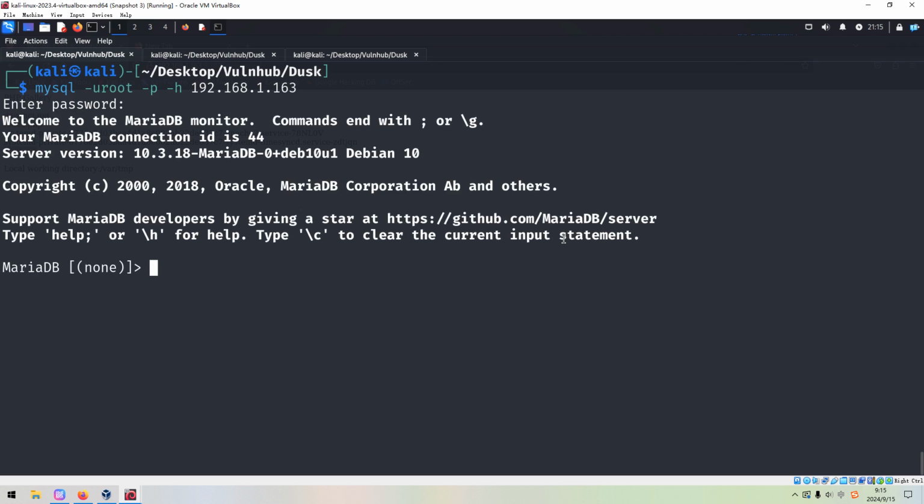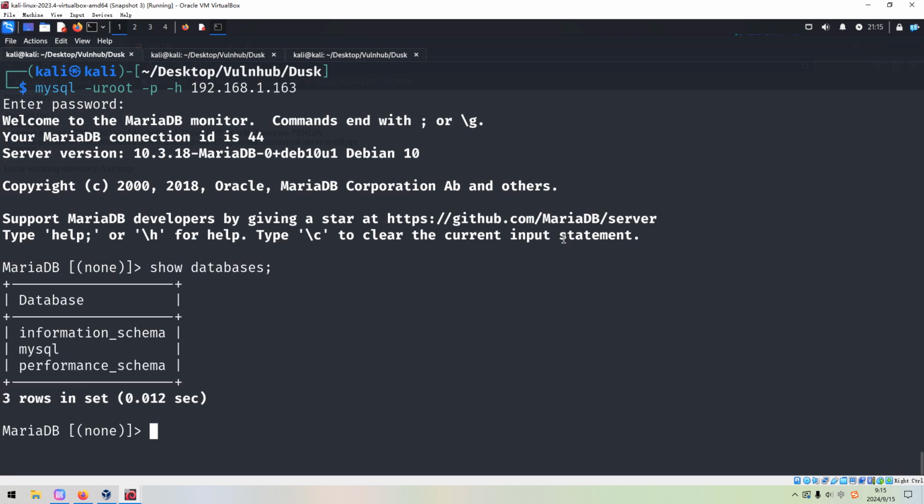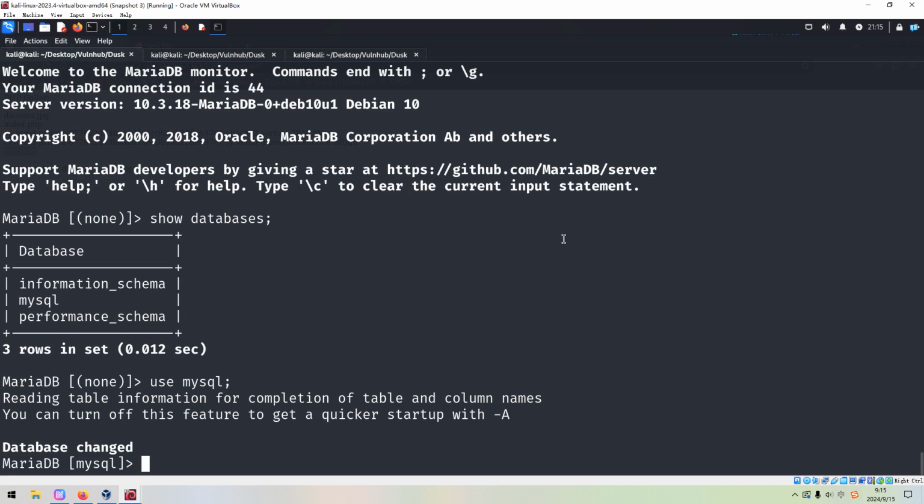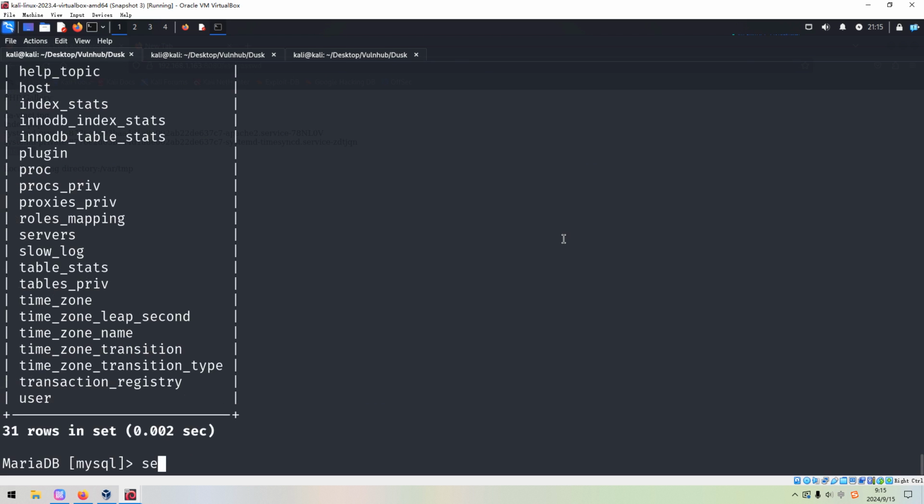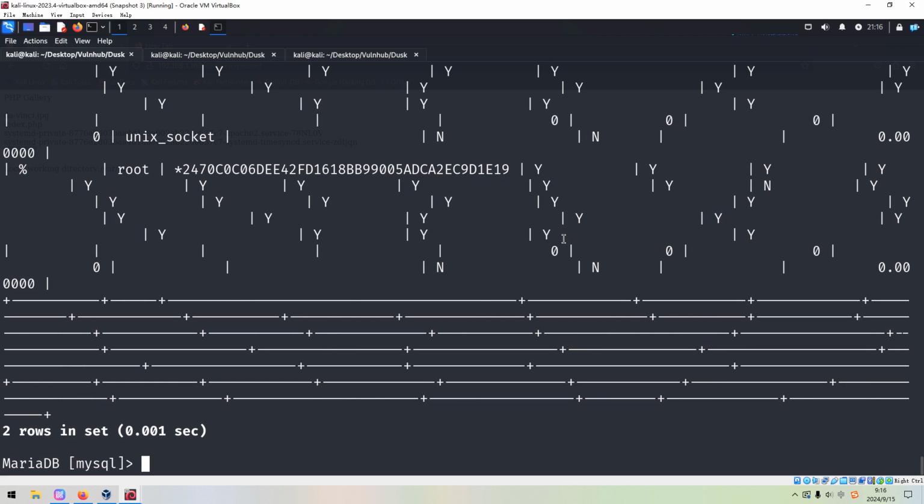We are connected to the database, and then we can show databases to do some enumeration, and we can use mysql because we have already become the root user. So tables, and we can select user from the user table. We have already got the password, right? The clear text password.